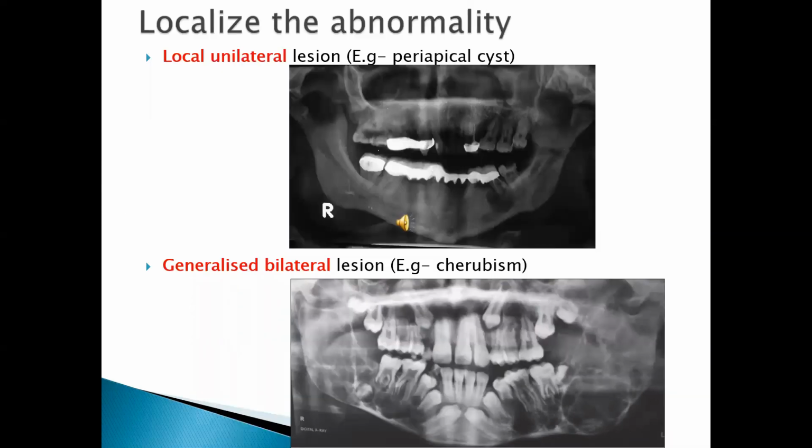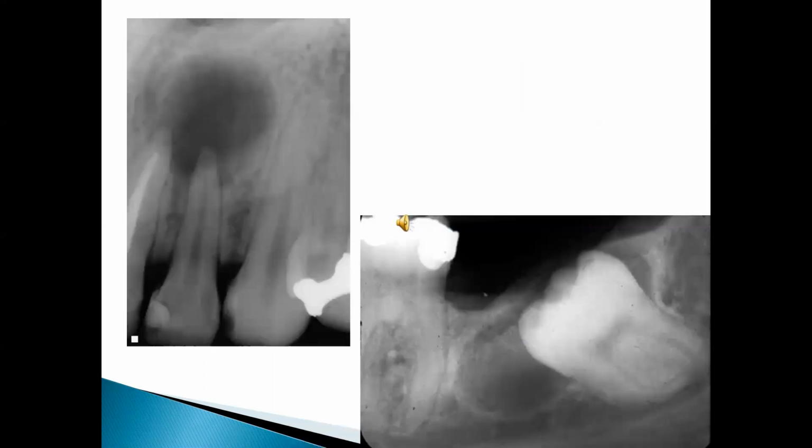The first OPG describes a localized lesion such as a periapical cyst. The second one, in fact, shows a generalized lesion. Example for that is a condition called cherubism, which extends massively from one area of the jaw to the other. The stress is on localization of the lesion. Here we have a lesion in the apical area of an incisor. In the second radiograph, we have a lesion on the coronal area of a molar. This is another way of localizing the lesion, whether it is in one specific area, root or the crown.